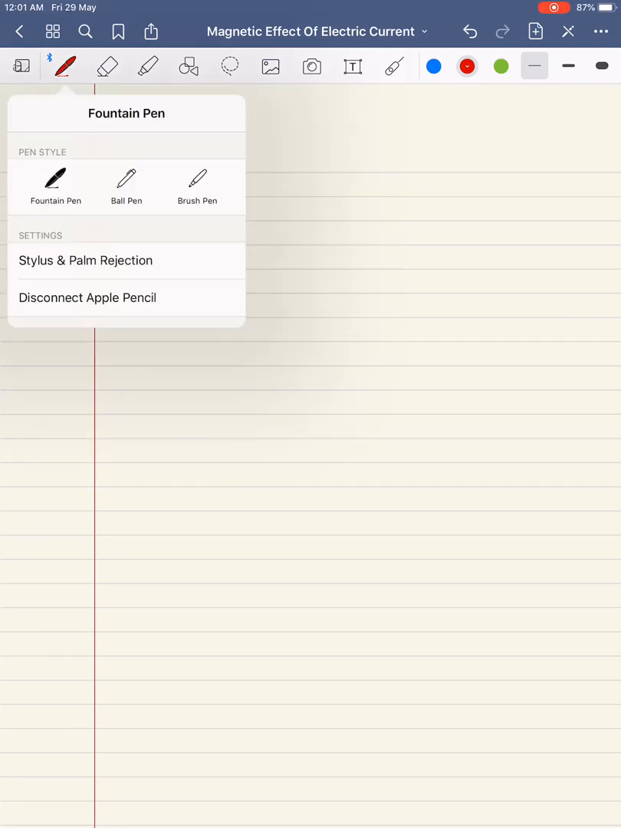Okay, we'll be starting with the numericals of the application of Ampere's law. So, the very first numerical is